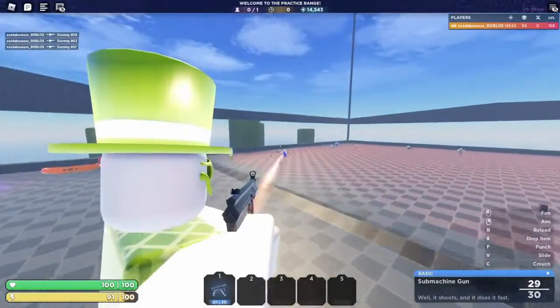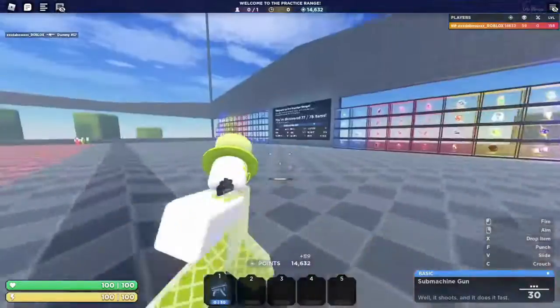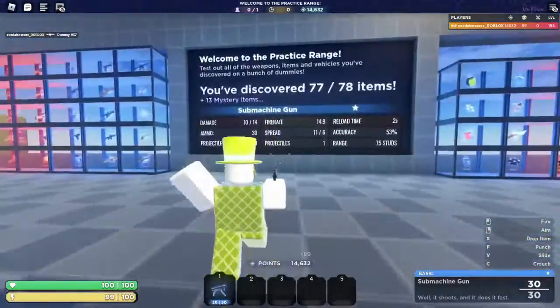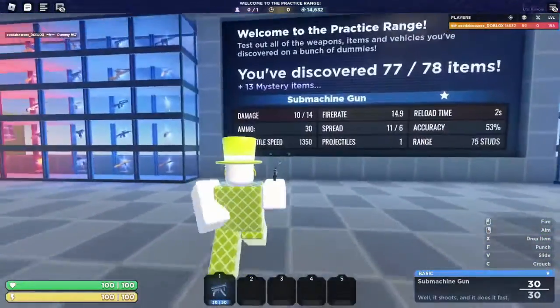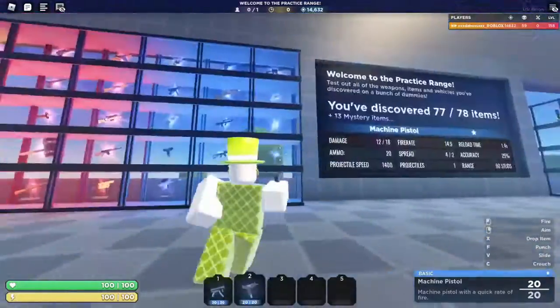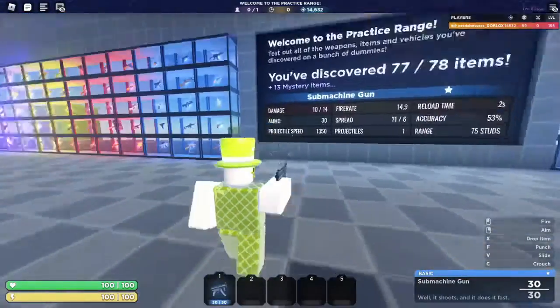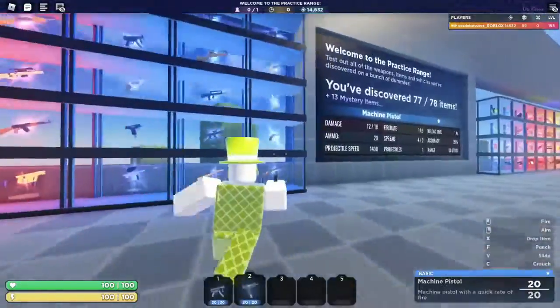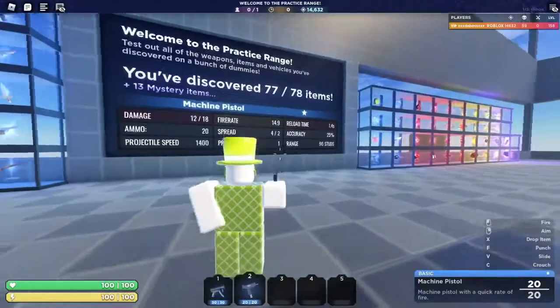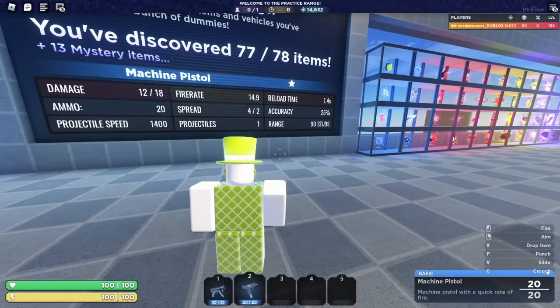Okay, this thing is absolutely amazing. Honestly, it should probably be a rare. This is basically just a machine pistol on crack. It does a bit less damage, let me check the fire rates, actually. They have the exact same fire rate, but this SMG has a bit more capacity, and let me compare the two. So, machine pistol has more damage, and slightly more projectile speed, slightly more range, faster reload,